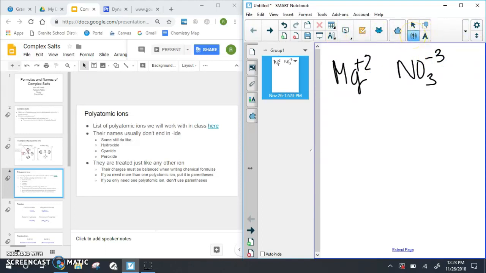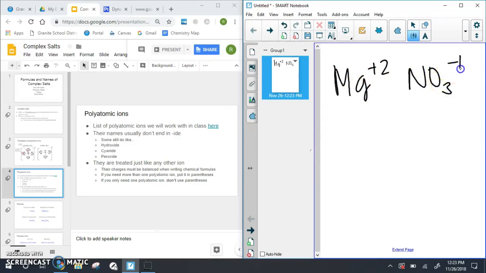NO3 has a -1 charge, and it's nitrate. So we're going to say NO3 -1. We want to interact these 2 together. If we take one of each, they obviously don't equal 0, so we're going to need to add more of something. We have too much positive right now, so let's add another negative thing. We have to add the whole entire group because the whole thing has a -1 charge. So now that we've added these up, +2 -1 -1 equals 0,